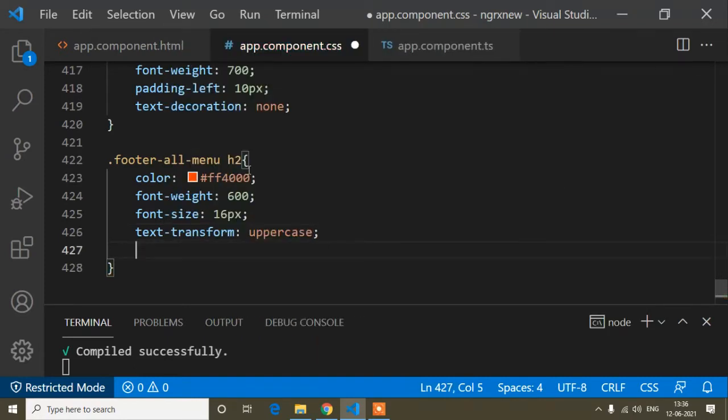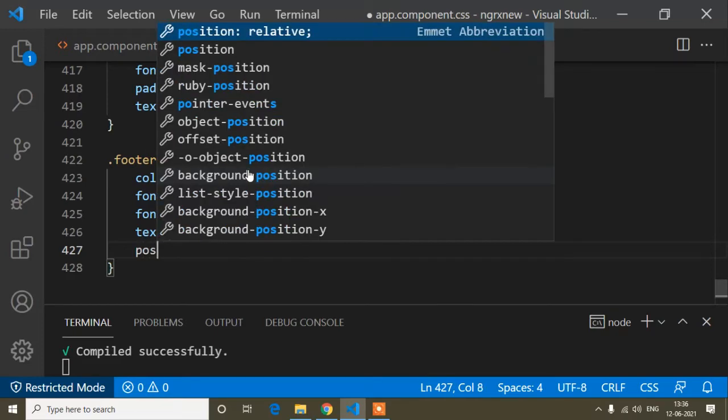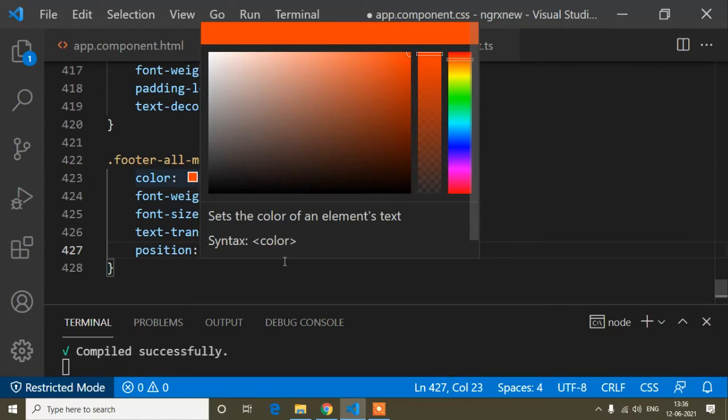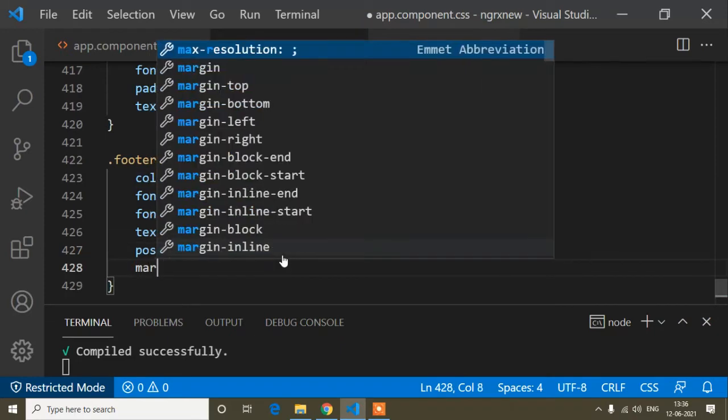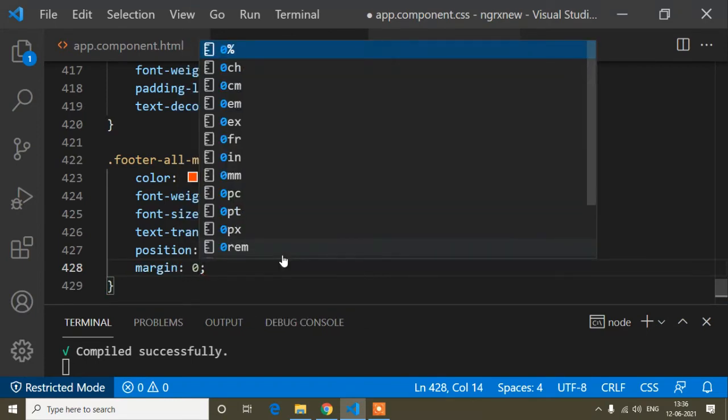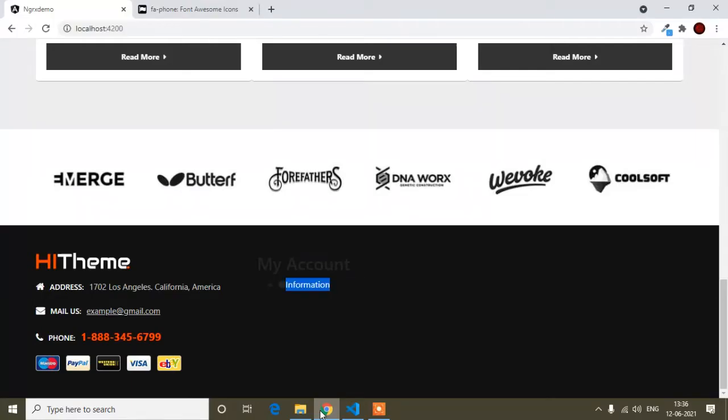Text transform, everything. Font weight is for bolder, this is done, and the position is relative. Why relative? I will explain that next. And the margin will be 0 because I don't need space, so margin is 0. This is done, and first of all I will show you the preview.